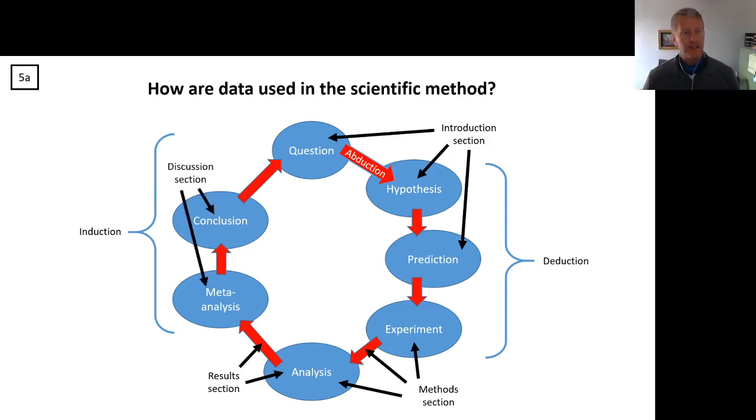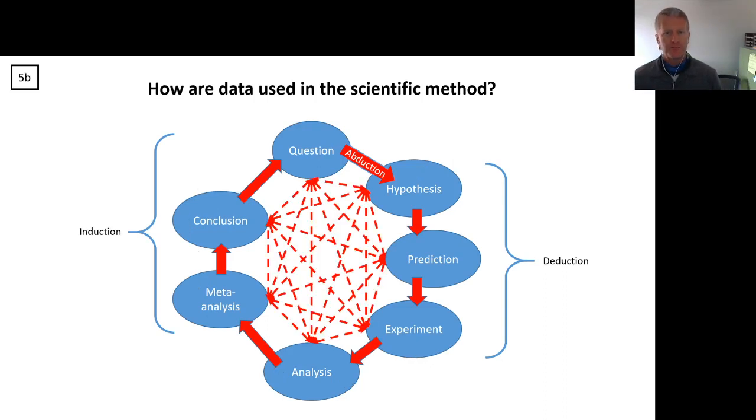So the discussion then becomes that meta-analysis and the conclusions. Like, how are you taking those interpretations of the results of your experiment and putting them back into the larger context? So it's the discussion section where you really start getting back into the inductive reasoning, where a lot of the rest of the paper was more deductive reasoning.